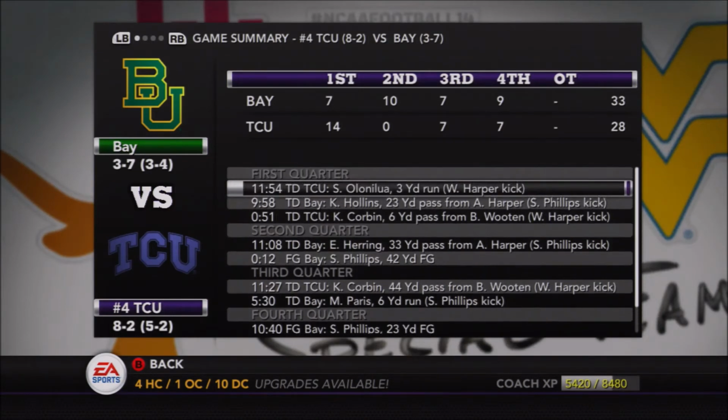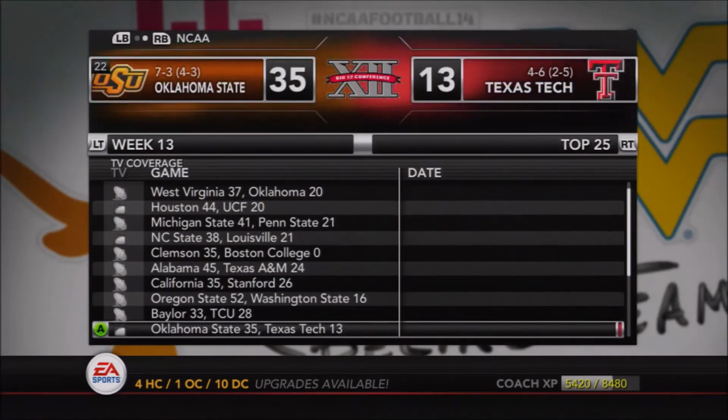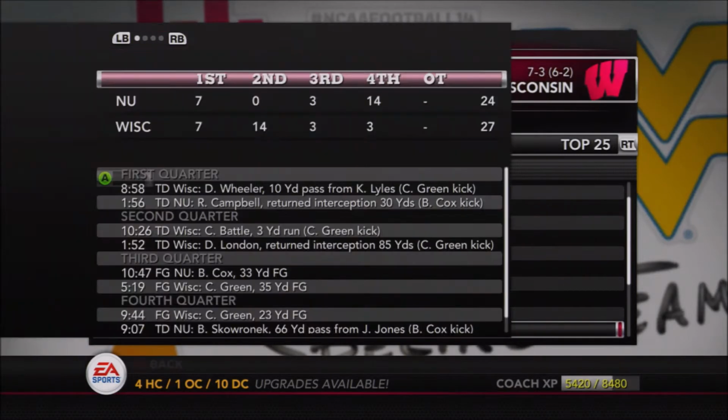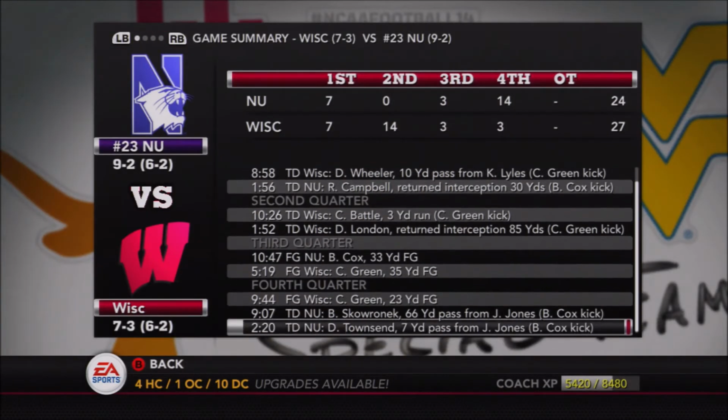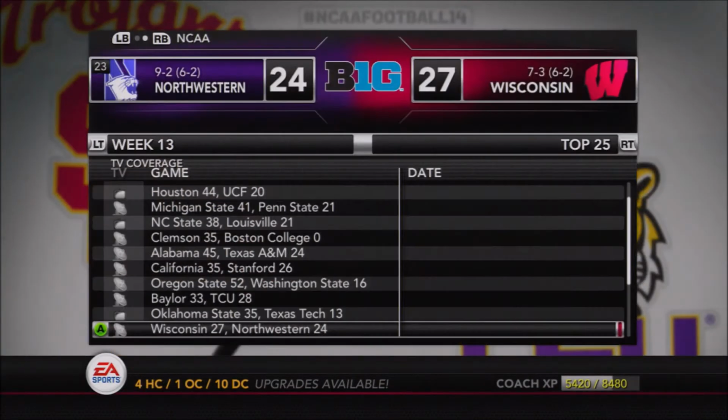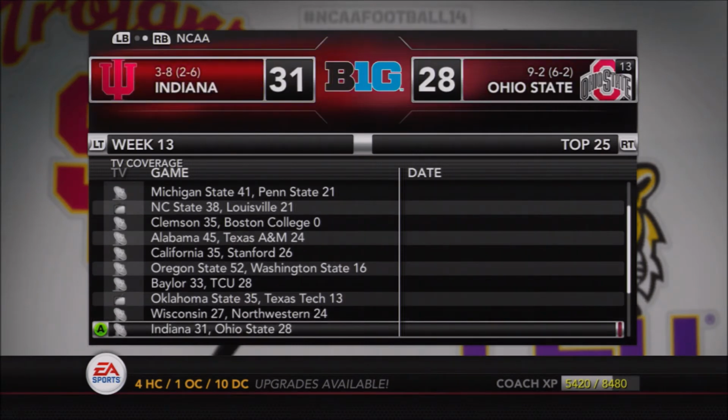TCU loses their opportunity, likely to be in the playoff. If they'd have won out, it would set up an incredible showdown with West Virginia coming up this week, but they were upset by Baylor, who pulled a big victory off there. Wisconsin ended up beating Northwestern, basically a de facto Big Ten West championship game. Wisconsin wins that, and so unless they lose their final conference game, they are likely to